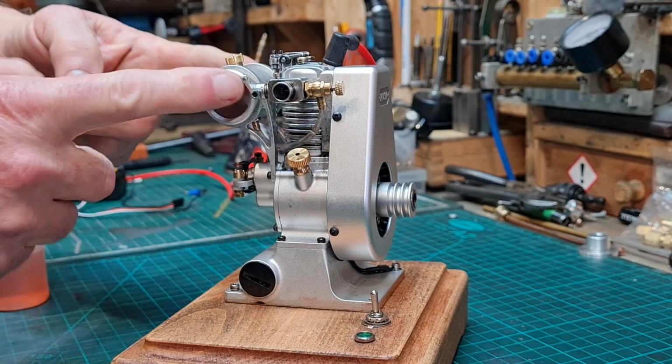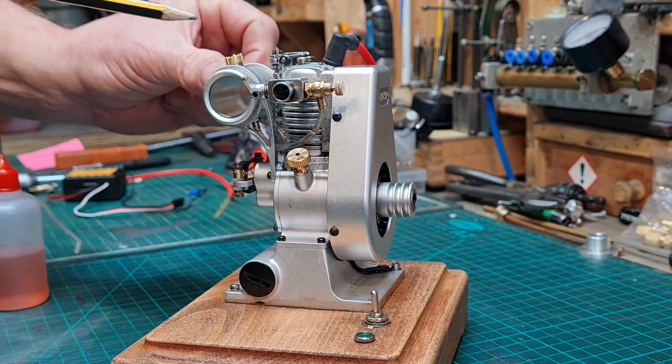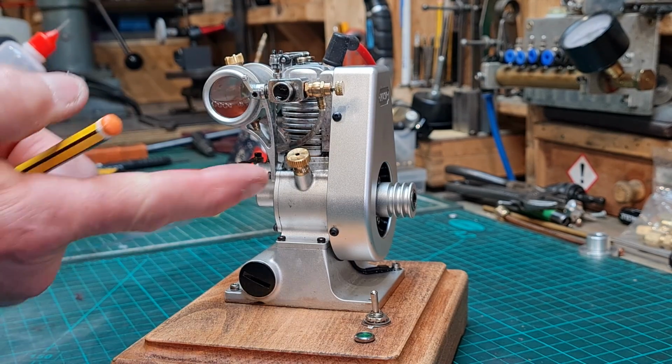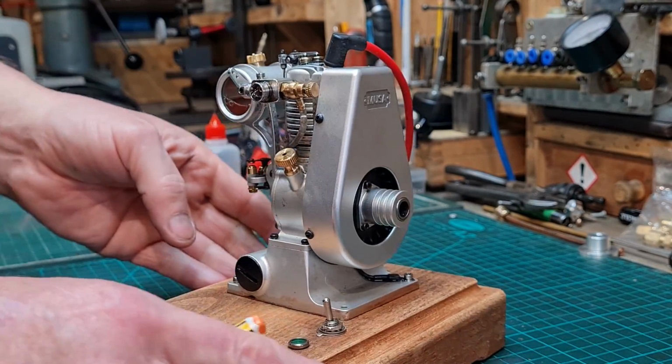The fuel tank has glass windows at either end and is filled via the threaded cap. I drilled a slightly larger hole in the cap to allow me to fill with one of my needle bottles, as it's very easy to lose the cap on the floor when unscrewing it. Trust me, drill that hole before you find yourself on your hands and knees trying to find the little filler